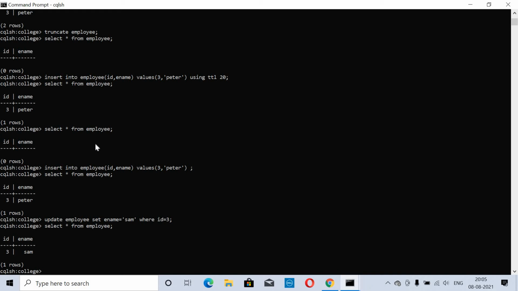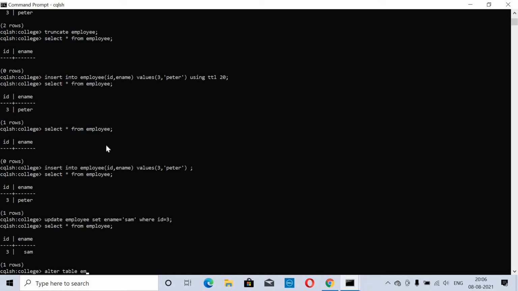If I have a field where it takes more than one value, we can go for a set. A set is when you want to add more than one value to a particular field. So how to create this? We'll try to see this. We will alter the table.